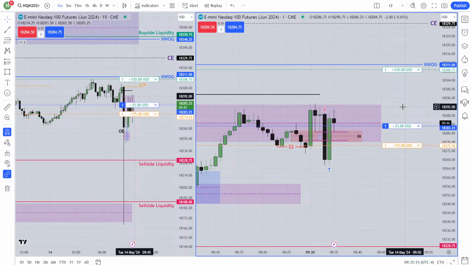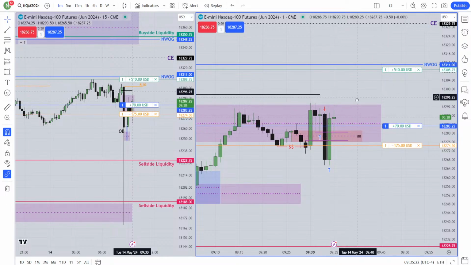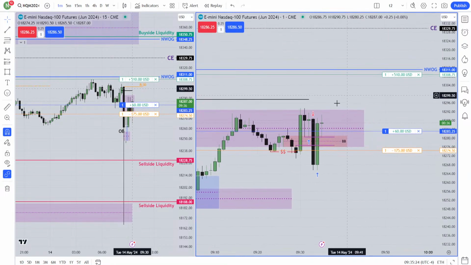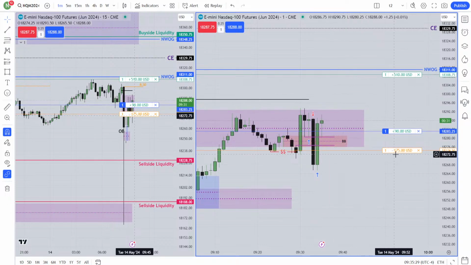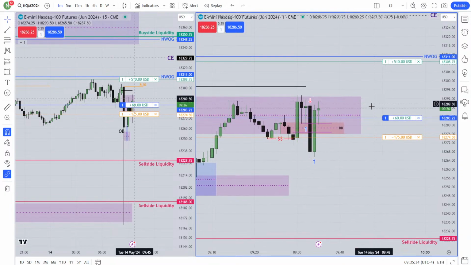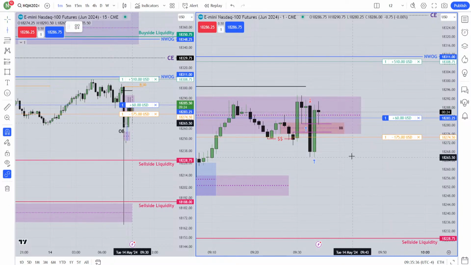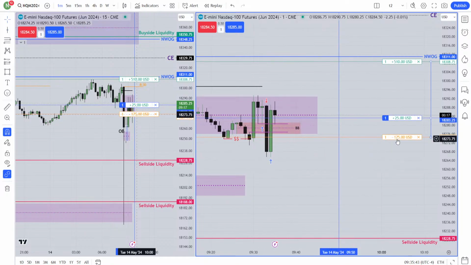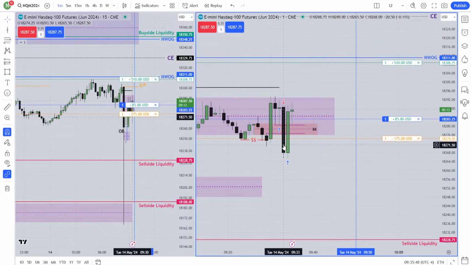As we have Powell speak around 10, so I tried to catch the move before 9:50. So 9:50 is my last moment to hold this trade. If it didn't hit my target or my stop loss before 9:50, I will close my trade wherever it will be. I'll just close it. I don't care. So let me just put it around 9:50. So here, if it doesn't hit my stop loss or my target profit before this line, I'll just close my trade. Same setup.